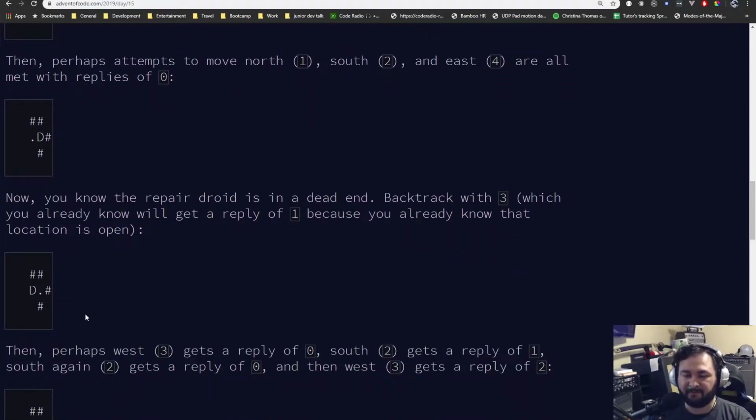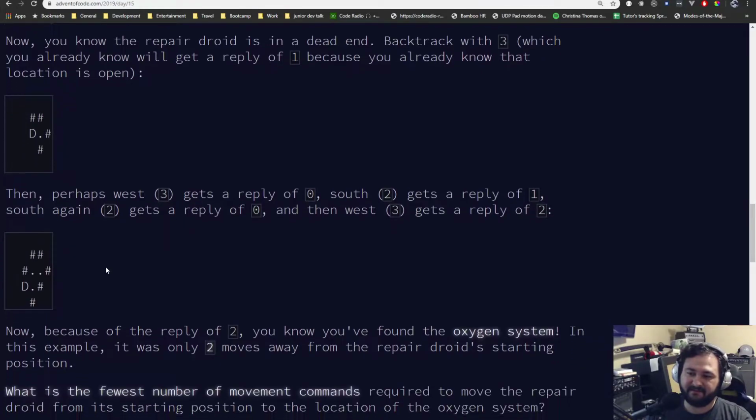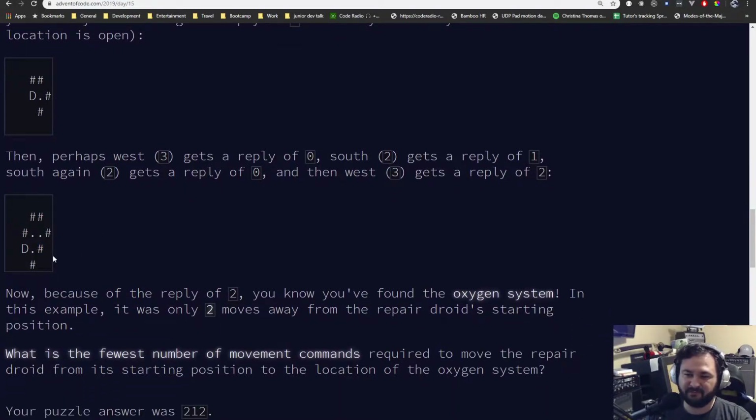So for that one, I think a solution would be far less performant to do that algorithm that we just talked about, which was a breadth first search. So for this one, it's more of a depth first search. You're trying to go to the end and go all the way until you hit a dead end, and that would be a depth first. And then what I wrote for this one was backtrack until I hit the previous intersection and go a different direction, and keep going until I hit a dead end or all the dead ends.